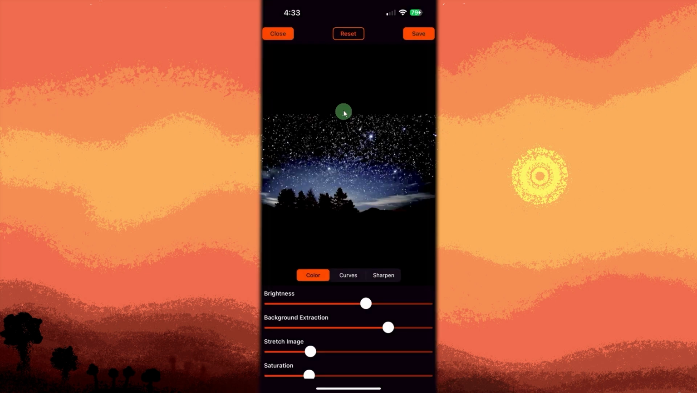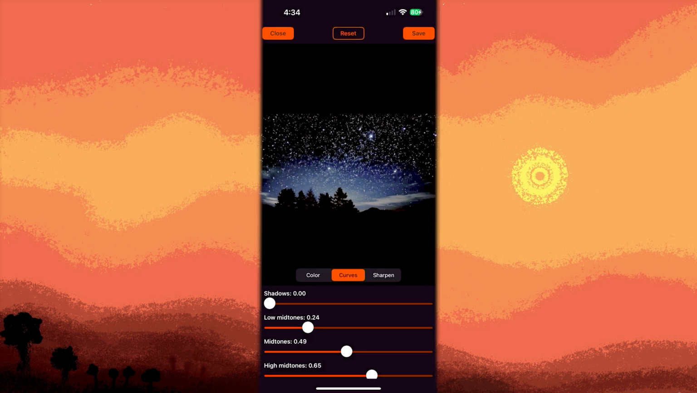Fine-tune the colors with the temperature and tint tools to adjust the night sky's hue by going to Color, adjust the brightness, background extraction, and adjust the curves, shadows, low midtones, and more, and sharpen. After editing, tap the Save button in the top right corner to export the enhanced image